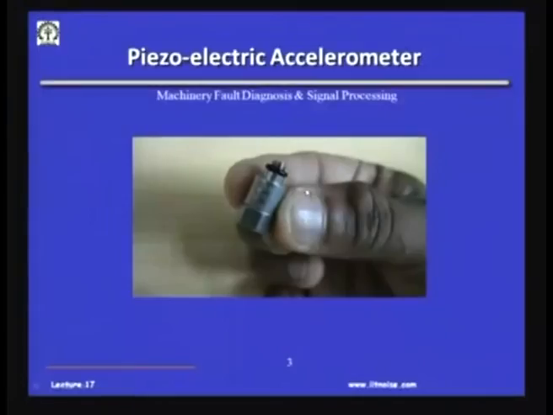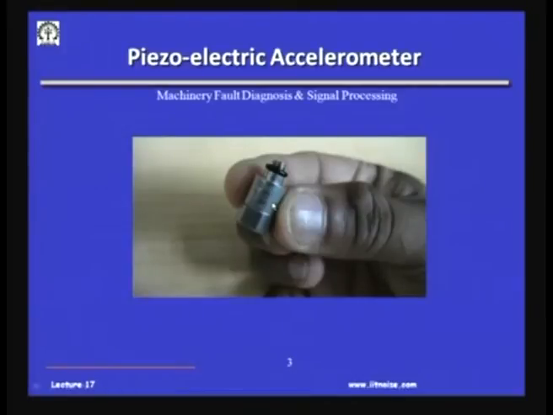but it suffices to say that in accelerometers nowadays we use piezoelectric crystals as the sensing elements, because they can withstand high temperature, they do not require an external power supply like in the case of a strain gauge, and they can be very small in size, and they can also be put inside. So, for example, if you look at this accelerometer here, this is the connector wherein we get the charge, which will be amplified and then propagated. This is the base, and the piezoelectric crystal is already sealed inside this.